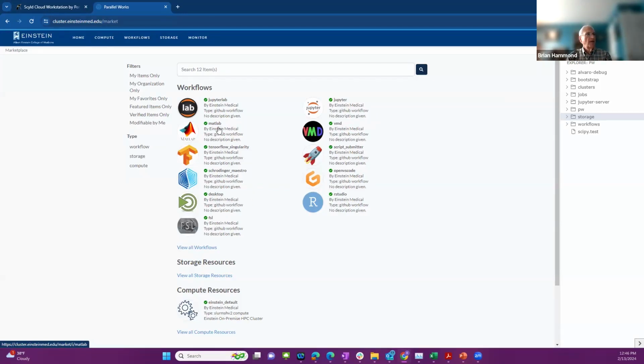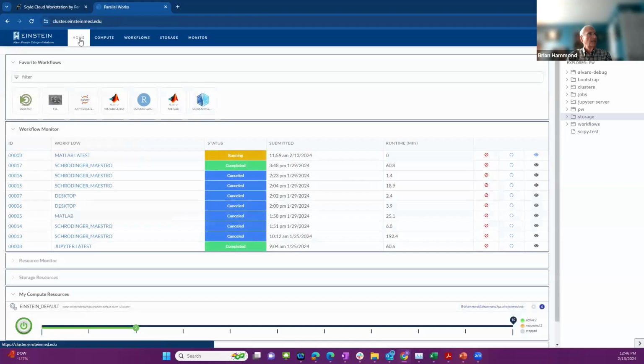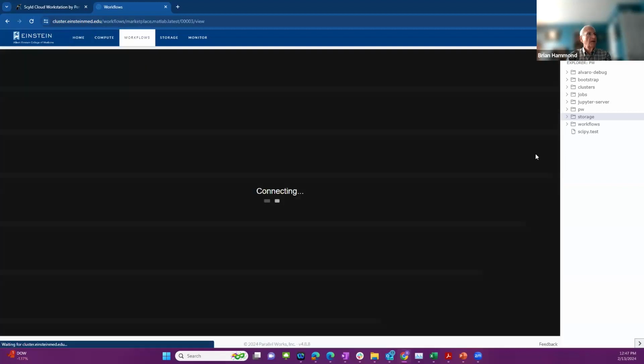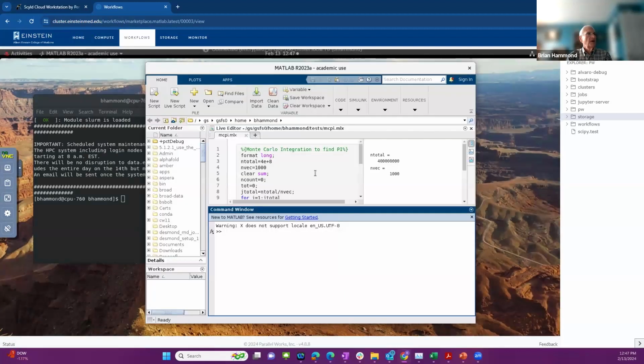So this is where you find the workflows initially. You click on the workflow, and it will then show up over here. And then you just click on one of these workflows and you fill out a form. And basically what it does, and I'll show that. But the end result, though, is here is MATLAB running on